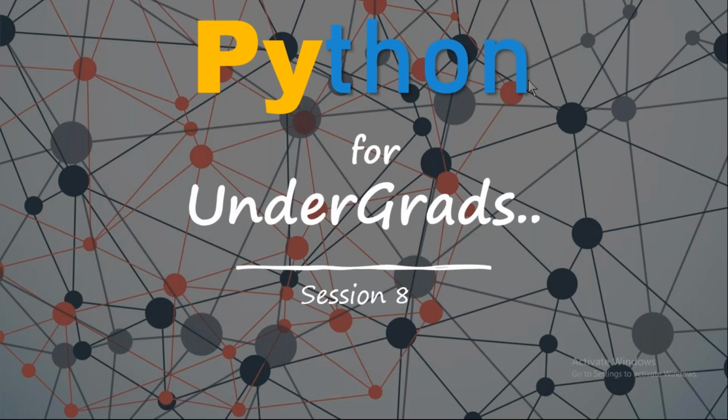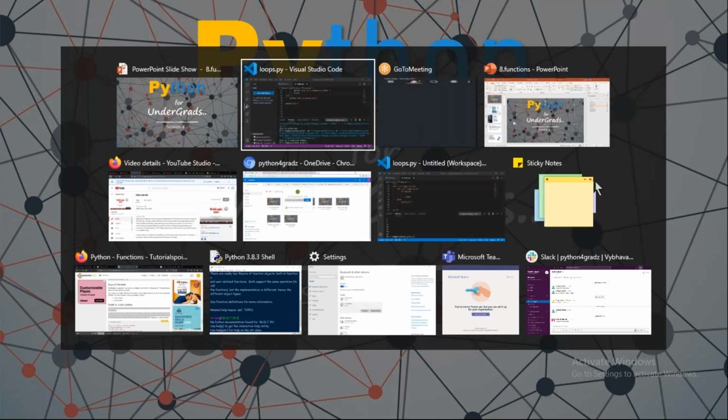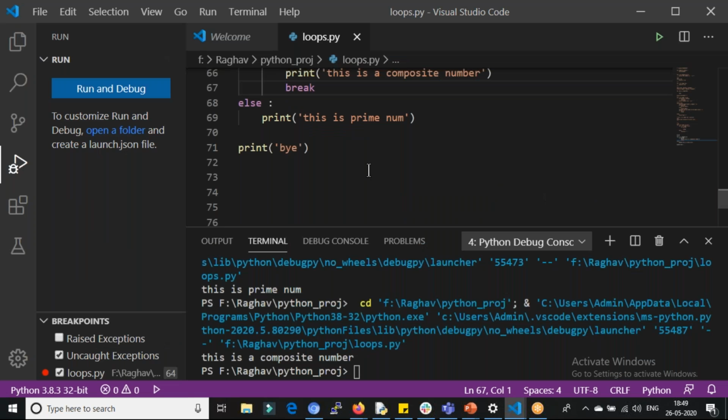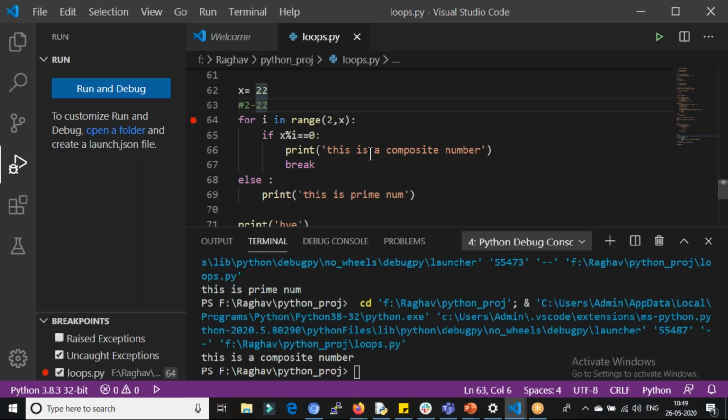So Raghav, one question. Because we are taking user input, for this number, if someone enters zero or one, what should we do? Then the error will automatically be there, right? Wait, I'll just check what will happen. Let's see.